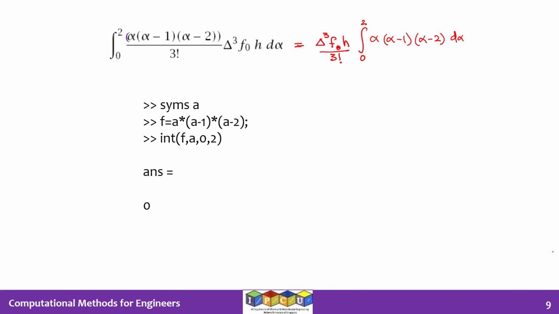So this slide tells us the proof that if you had integrated that fourth term between 0 to 2, you would get the value of the integral to be 0. I just used the int command in MATLAB to show that you can set up a function which is alpha times alpha minus 1 times alpha minus 2. I've just used the symbol a instead of alpha, and I integrate that function, which is alpha into alpha minus 1 into alpha minus 2, between the limits 0 to 2, and the integral comes to be 0. So that is the reason why the Simpson's one-third rule does not change even if you went for the fourth term